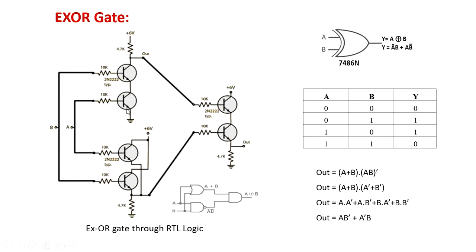Now coming to this part, this is NAND. In case of NAND, output is low only when both the inputs are high. So when both the inputs are high, both of these will conduct and this output will be equal to 0. Otherwise, when any of these is equal to 0, this path will not be completed and this out will be equal to VCC. So this portion is the NAND gate, this is the OR gate, and finally this one is your AND gate. In this way you can form the XOR gate.